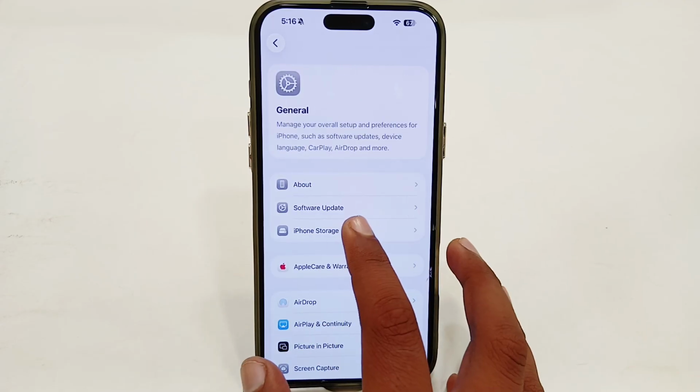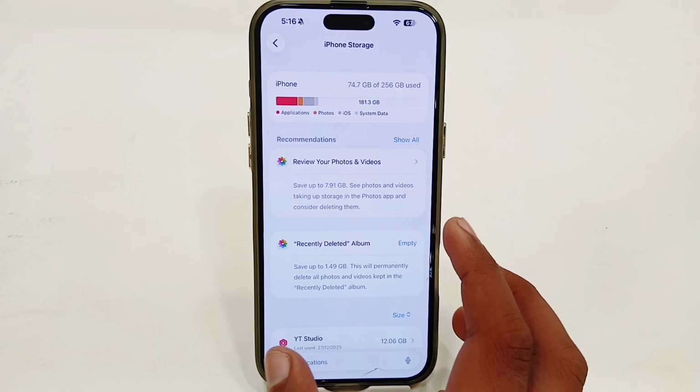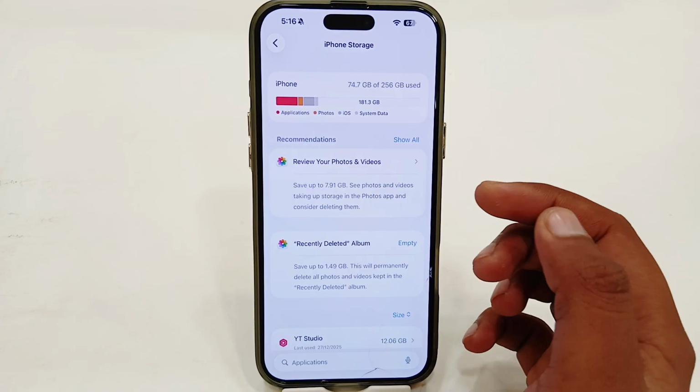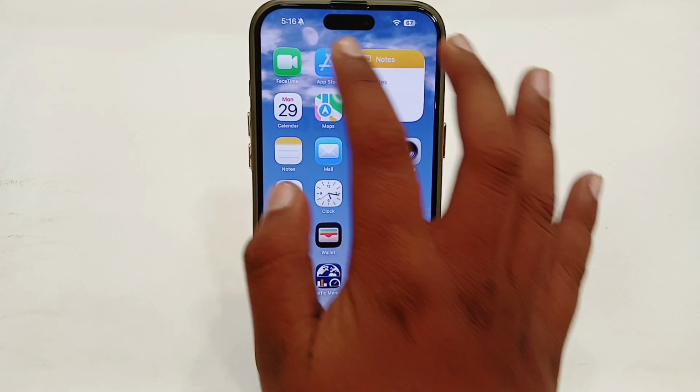You have to also check your iPhone storage, that you have up to 5 to 10 GB free on your iPhone storage to download, install, and run your CapCut app smoothly. So once you have checked all of these settings, simply open your App Store,